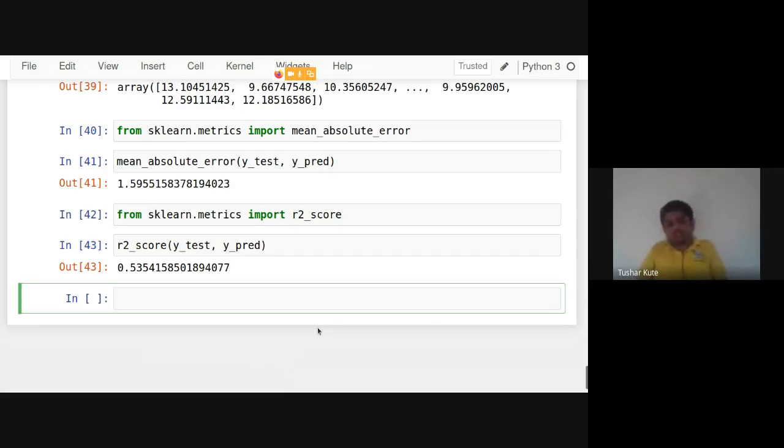The R2 score uses very complicated formulas, actually. In terms of percentages, it shows a value from 0 to 1. If it is going towards 1, the algorithm is more and more accurate. From the regression point of view, the dataset we are using is 53% accurate, and from the classification point of view, it is 26% accurate for Gaussian Naive Bayes. And for this algorithm, it is 53% for the regression algorithm.